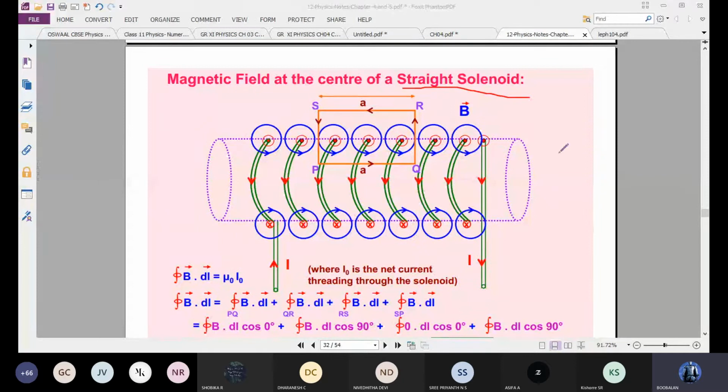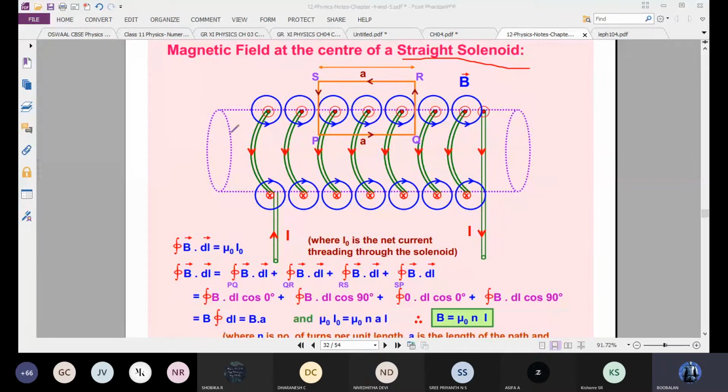So first I will take one cylindrical rod. I will wind it with copper wire. So this is the copper wire. In this copper wire, a current I is passing through it. So up direction also there, down direction also there. So everywhere the direction is different using the right hand thumb rule. Just a minute.